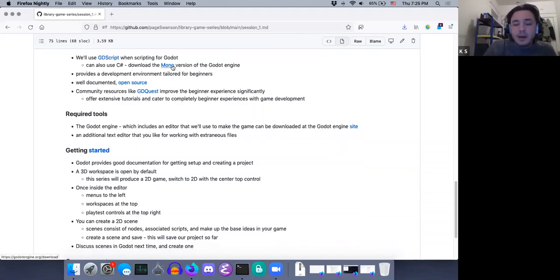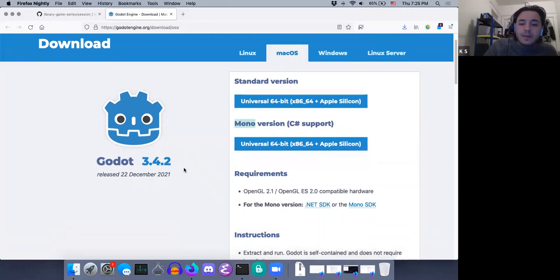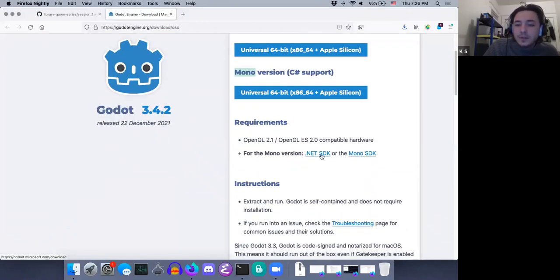It's called Mono, by the way, because it's called the runtime environment. So it basically just means that in order to use C#, you need a specific runtime environment for running and evaluating C# code. And that's the runtime environment that's provided. You need these SDKs, or software development kits, in order to use it. And funnily enough, you could use the .NET SDK, so there's no reason it'd really be called Mono at that point. But anyway,